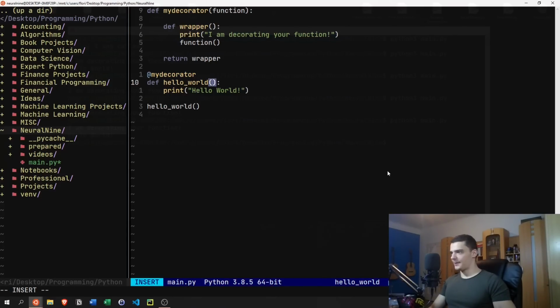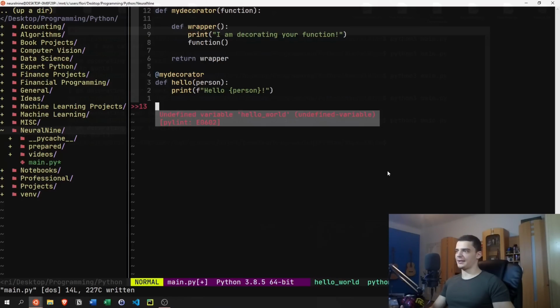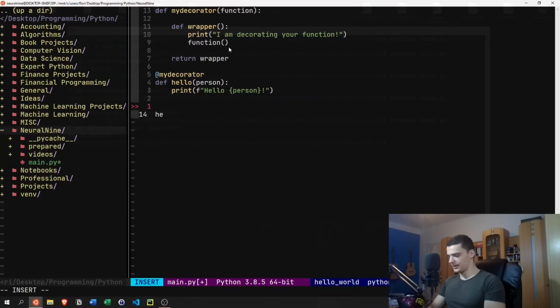So if I have hello world, or let's just say hello person. We need to say hello to a specific person, and what we want to do is say hello and then the person's name, like that. A very simple function still, but we cannot just decorate it like that because the wrapper here doesn't have that function. So if I say hello Mike,